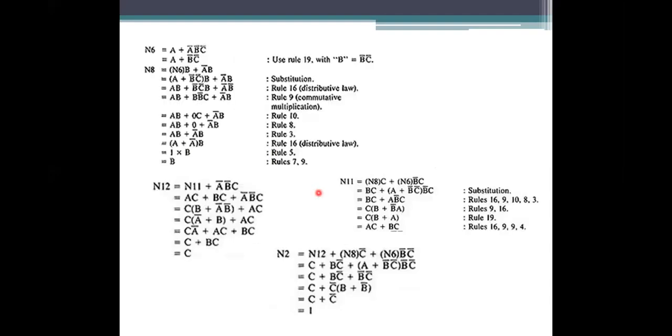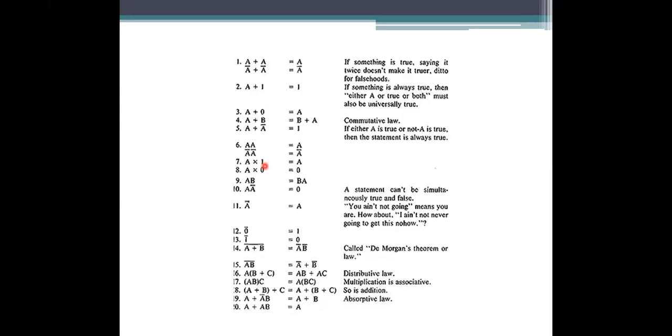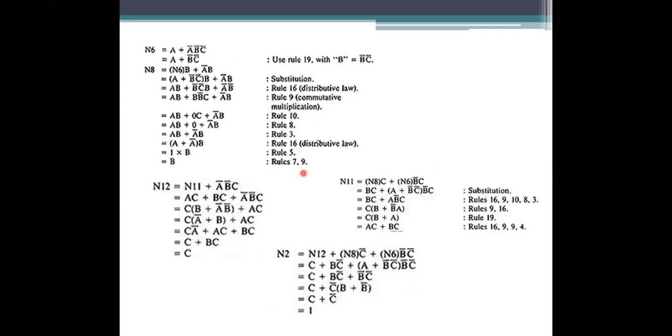So what do you need to do? We need to shuffle the places there. So how am I going to shuffle? If any shuffling has to be done, we need to use rule 9. By using rule 9, I am shuffling the places of these two, B into A, which means B into 1. A into 1 means A. Likewise, B into 1 is B, which is using the 7th rule. So what is the node 8 value?